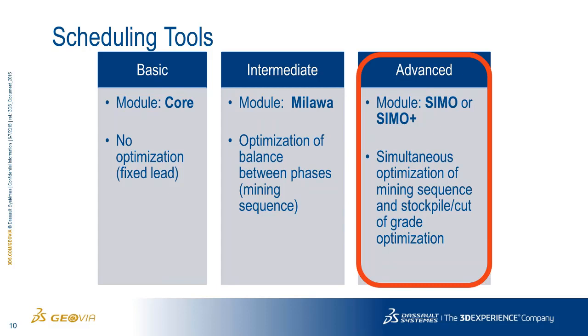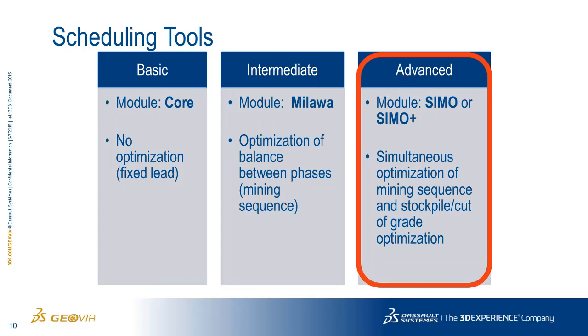So obviously there's no optimization. We're not looking at what's available on those next benches, what we have exposed. Regardless of what we have in the bottom of phase 1 and what we have at the top of phase 2, we're always going to make that transition after 4. Okay, so no optimization, just a simple scheduling technique.